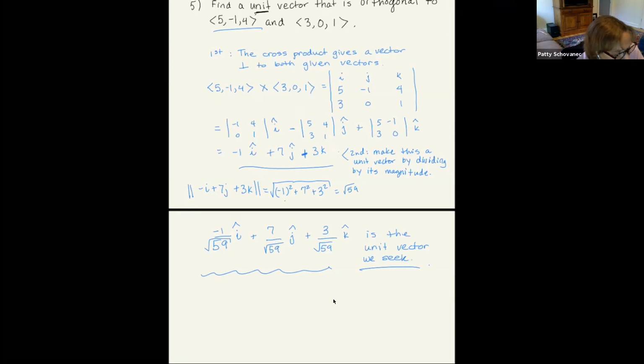There's even a third one. It's called a triple product. A cross product gives you a vector, and then if you dot it with another vector, then that number,